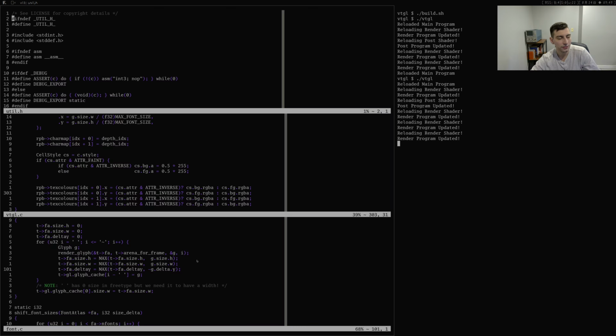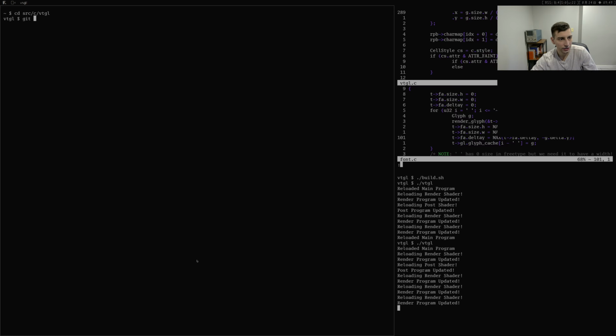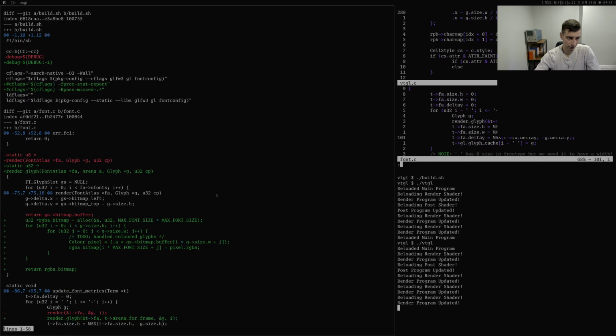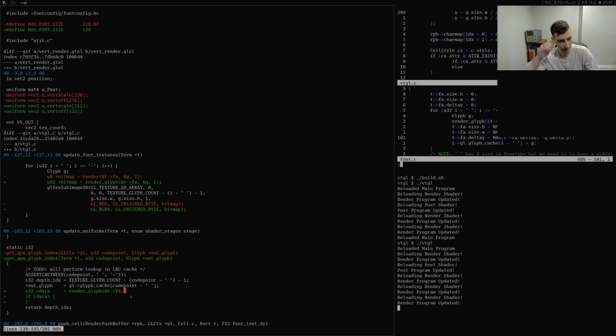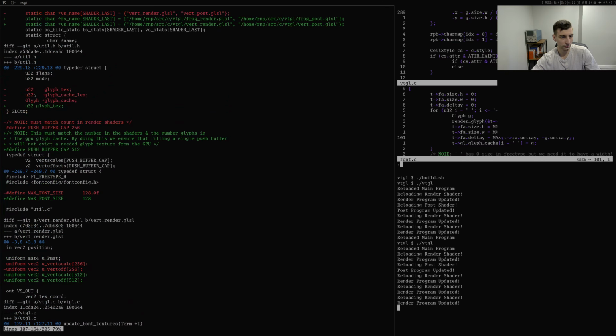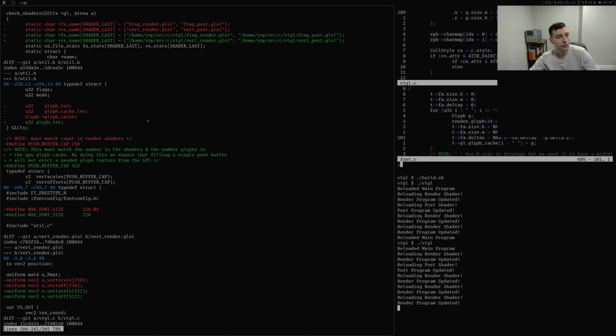Let's try to break. Let me actually, okay, let me just check here. That's half-typed junk. That would explain some of those bugs. So this is gonna still have a glyph cache. The glyph cache len is not gonna be. Okay, yeah, actually, we can do this. We can say